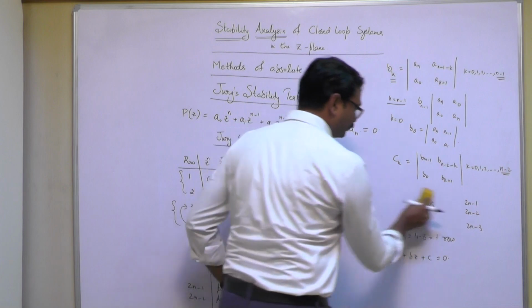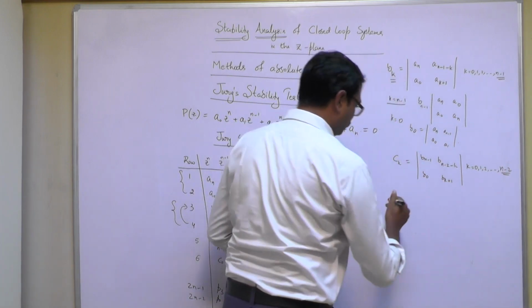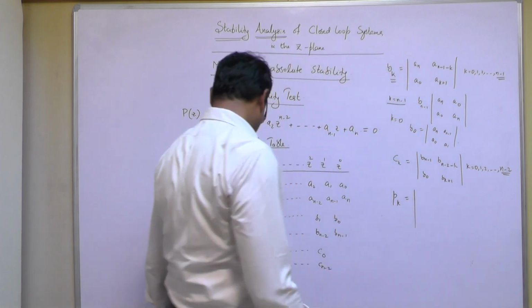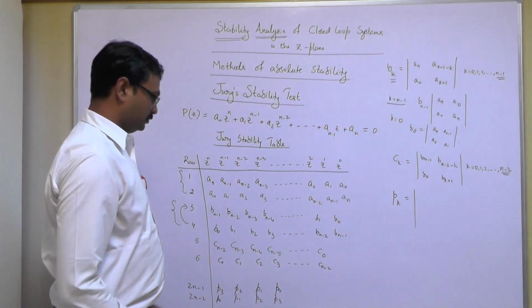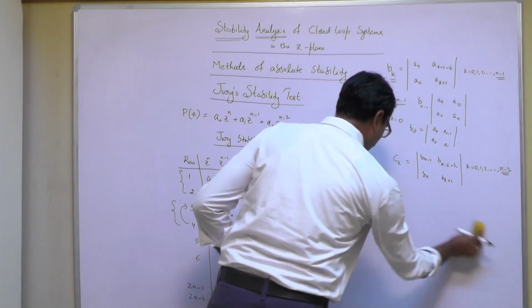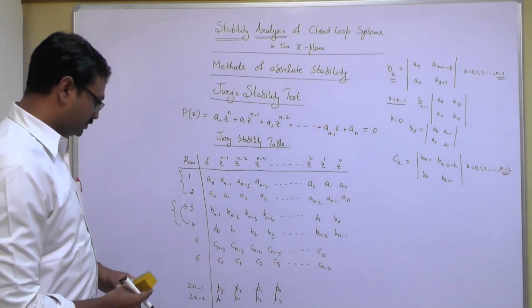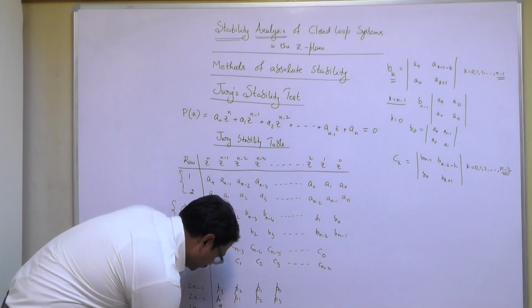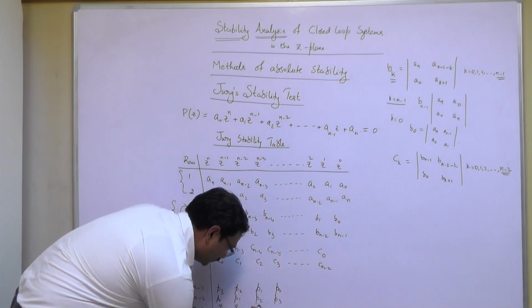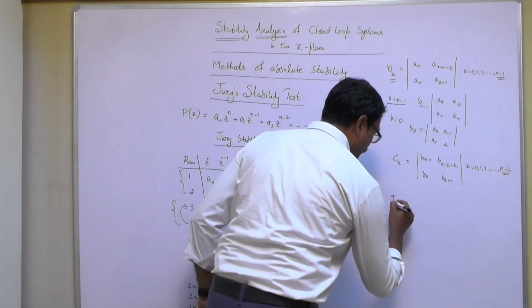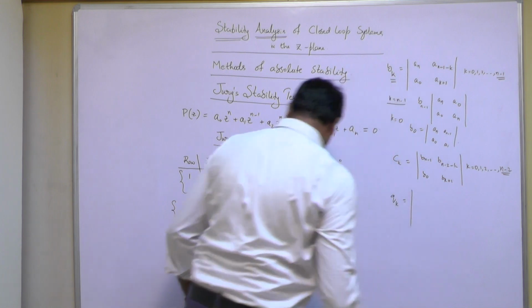Where, what is Pk? Or you can say Qk, where Pk you can also obtain from the similar equation. Let me consider 2n minus 3, the last row. You can say Q2, Q1, Q0, where Qk is obtained from